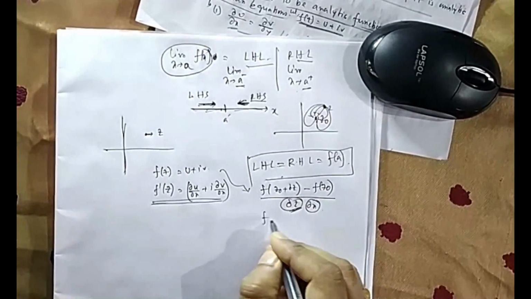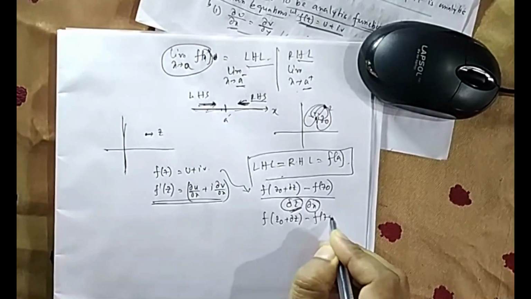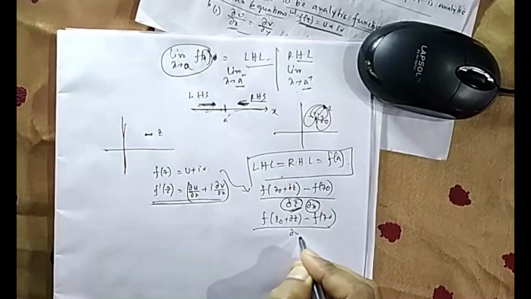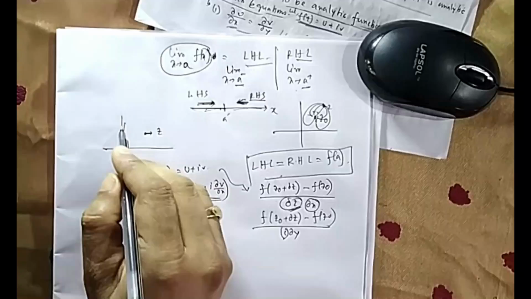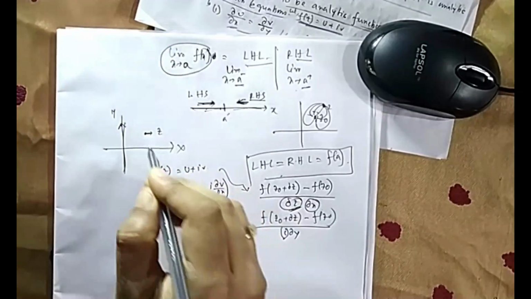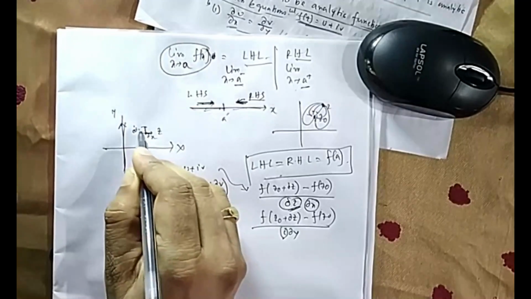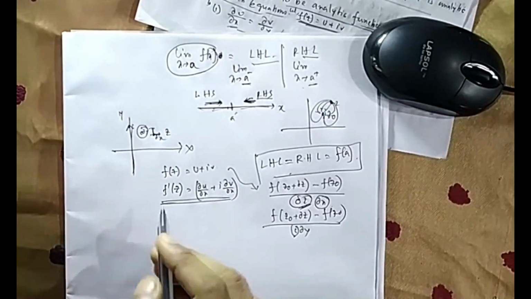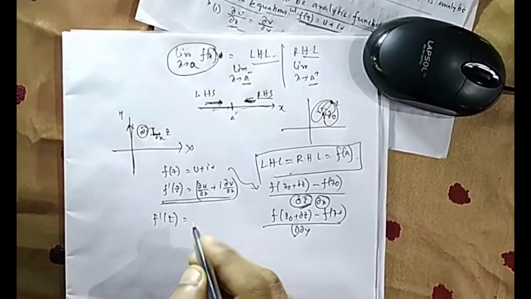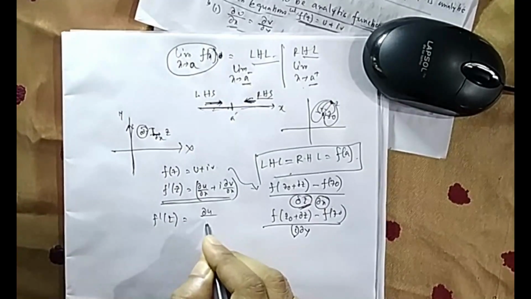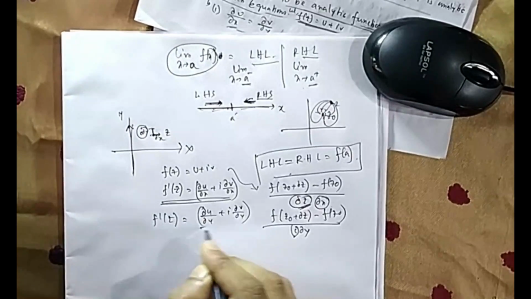Suppose you want to move in the y direction, then what will you do? f(z0 plus del z) minus f(z0) divided by, instead of del z, you will put del y. Now del z is i del y. This i will come because the y axis is the imaginary axis and this is the x axis. So if you move here, this is not dx, but it is i dy. So if you move in the y direction, this differentiation will just have an i in the denominator: del u del y plus i del v del y, but with an i in the denominator.